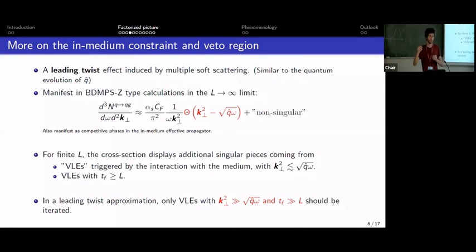the emission time in the amplitude and complex conjugate amplitude. If you focus on the domain in which the difference between these two times is much smaller than this square root divided by omega times q hat, you can see that the in-medium propagator basically reduces to the vacuum propagator, and that gives you precisely the vacuum-like Bremsstrahlung-like spectrum. So I think you can see that also in the math if you want.